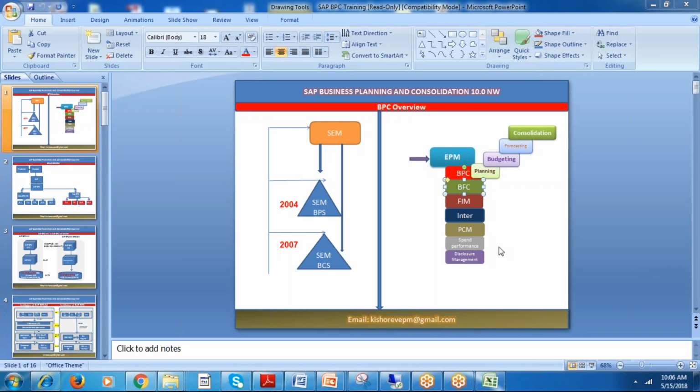Okay. Finance business. BFC means BusinessObjects Financial Consolidation. Where complex-level consolidations are happening for those entities, they will implement the FC. We call it FC, financial consolidation. And we have the tool called the FIM,